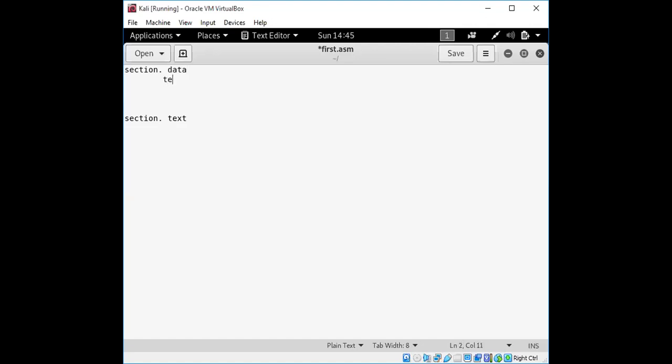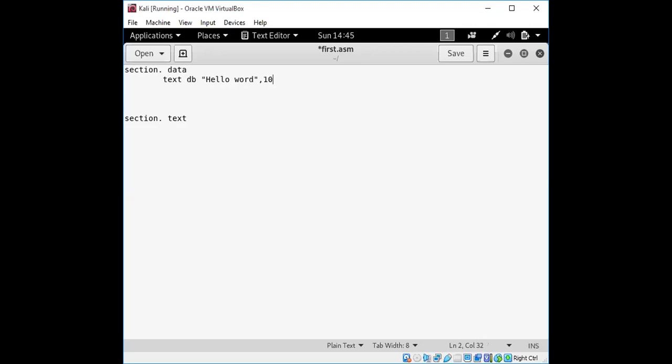So data means what? We'll be using some variables, define bytes, DB. Okay, we're going to discuss these contents in detail, one by one, each and every component.